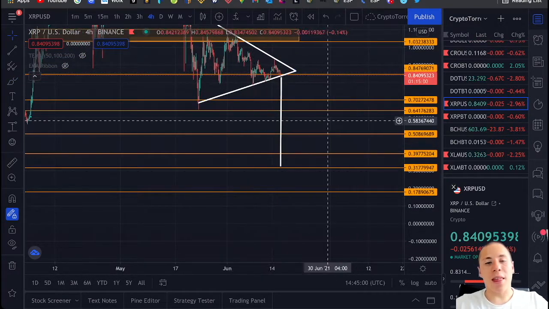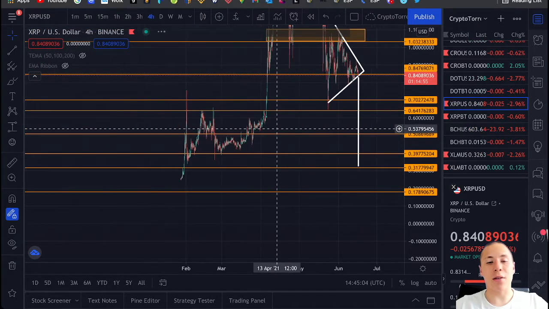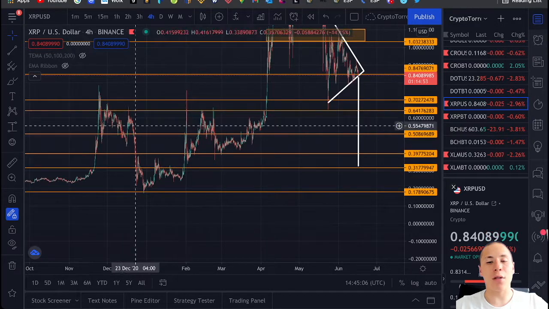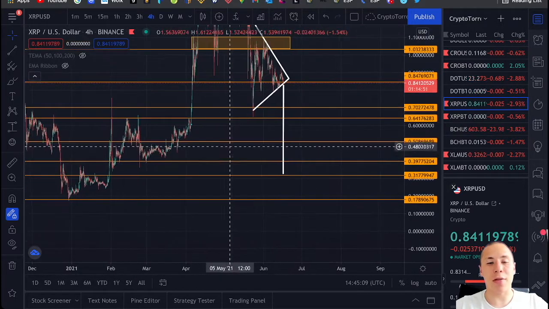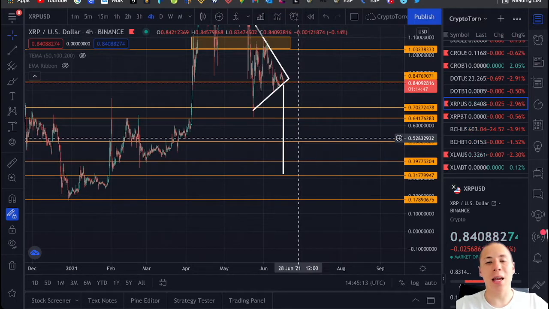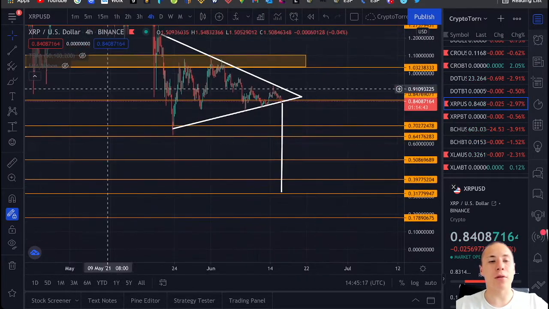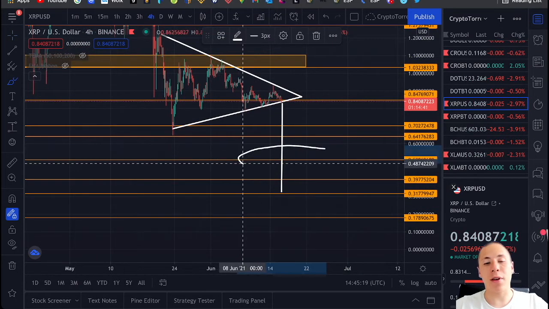But for sure, I think this is way too far towards the downside, especially if you take a look at the previous highs and lows. I personally think that this is a major level of support at approximately $0.51, and I think this is actually the target where this breakout could possibly be heading to. So the 51 cent target,